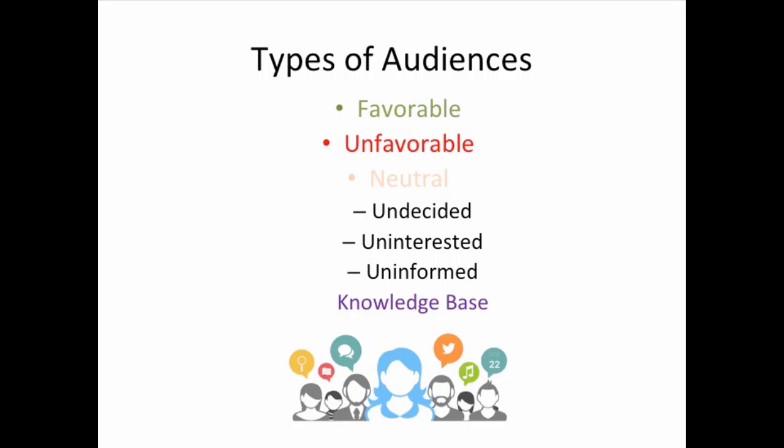And then the last neutral audience is an uninformed audience. And this was an issue that's come up quite a bit, is that knowledge base of our audience. How much time do we have to spend with evidence to explain what we're doing? And when we talk about types of evidence, one type are definitions, can actually be a form of evidence, and oftentimes that helps us with that uninformed audience, spending time on defining things.